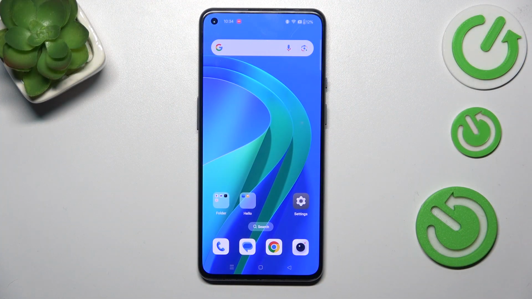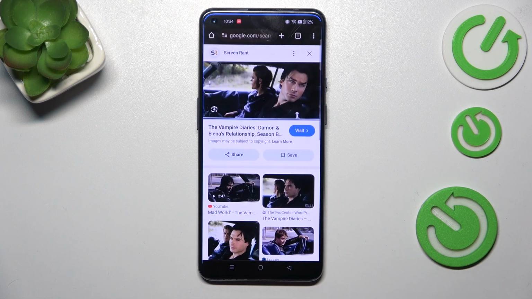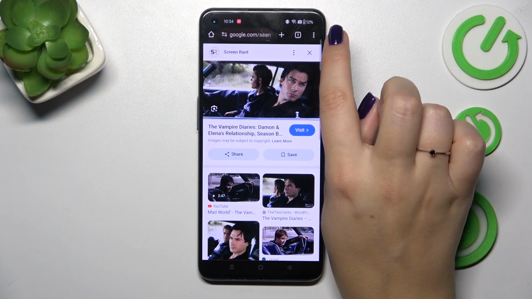So let's start with opening the browser. In my case it will be Google Chrome, but no worries, this operation is pretty similar in all other browsers which are commonly used, so I'm pretty sure that you will be able to figure out how to do it on your browser. So let's open the browser, and now I have to tap on this three dots icon in